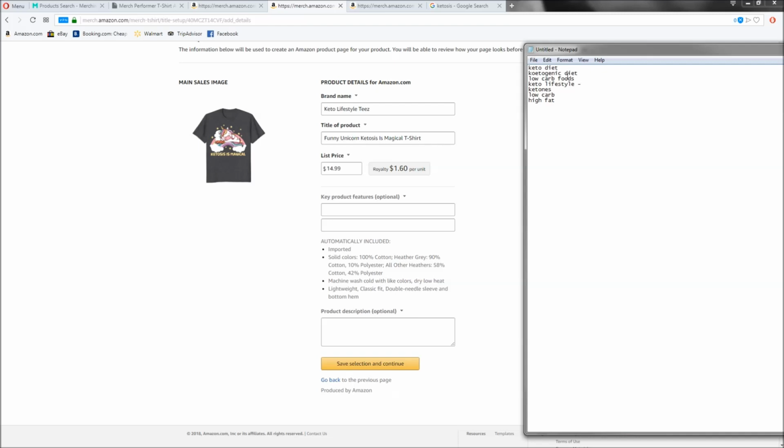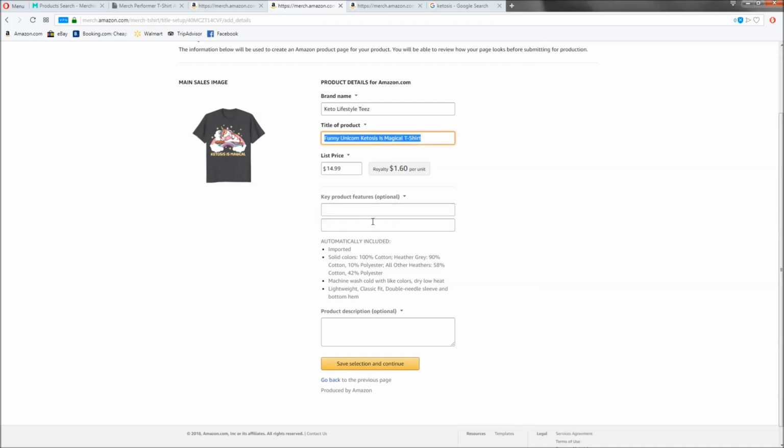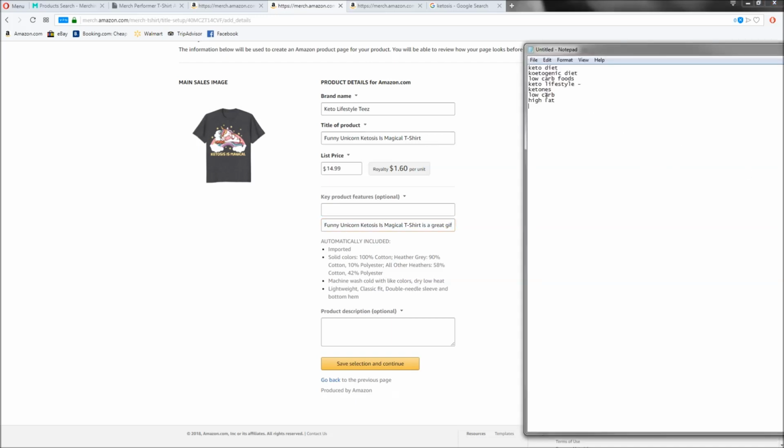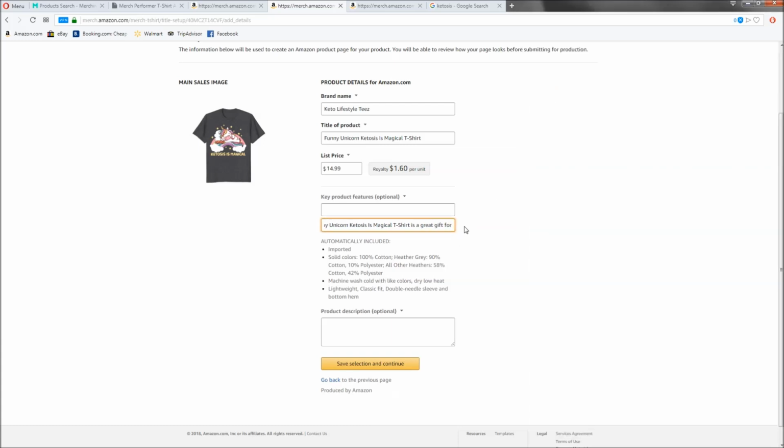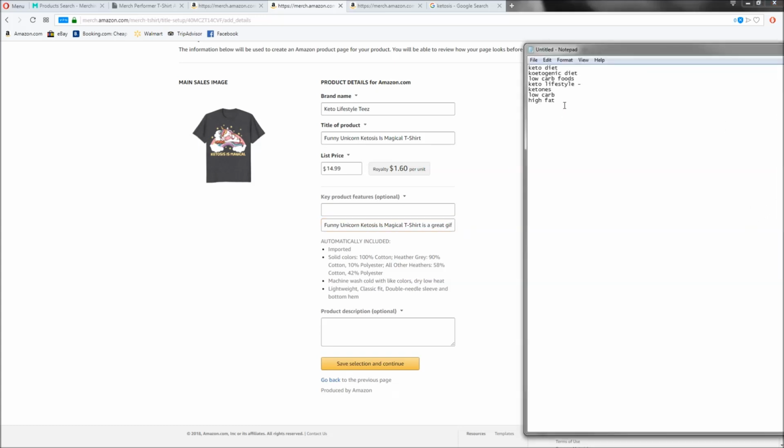So what we're going to do is try to fit these into the bullet points. But again, I always do the second bullet point first by copying the title, pasting it down here, and I say the title of the shirt is a great gift for, and then let's look at our keywords. Is a great gift for people on the low carb, high fat diet. On, how about a, not the. Okay, so what we did right there is we hit low carb, we hit high fat,